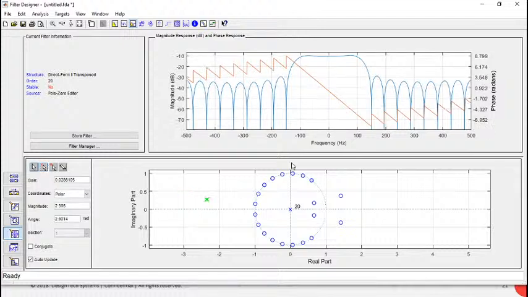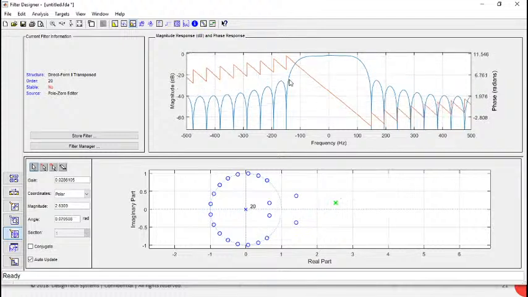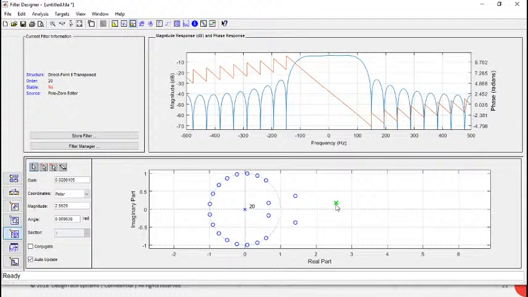Only one is there, and you can see that your filter's magnitude response and phase response both change, right? And if I move this pole somewhere here, you can see again that these responses are changed. That's a very good app where you can add poles or remove poles and visualize what the response of your filter is, right? Okay, after doing this,